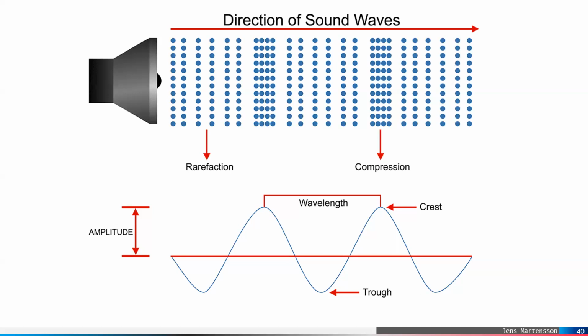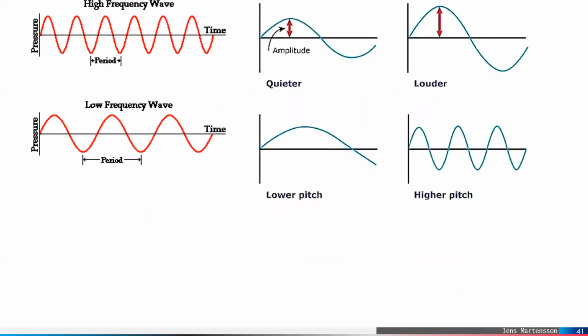And of course, we can represent the amplitude for the sound wave by the same method. The amplitude is the maximum displacement that can be reached by the oscillating particles. The crest is the top of the peak, at which the particles reach the maximum point of oscillation. And the trough, of course, is the minimum point at which the particles oscillate.